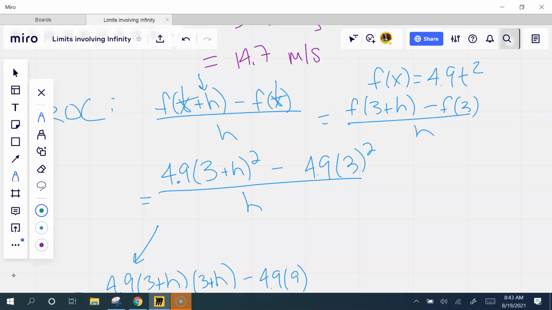I'll see if I can find you some more. Why are we putting 0 at the end? Because you're trying to make H be 0. H is the space between the 2 points, and you're wanting that to be 0. So we just manipulated it, canceled out what we could, so that we could plug in 0.